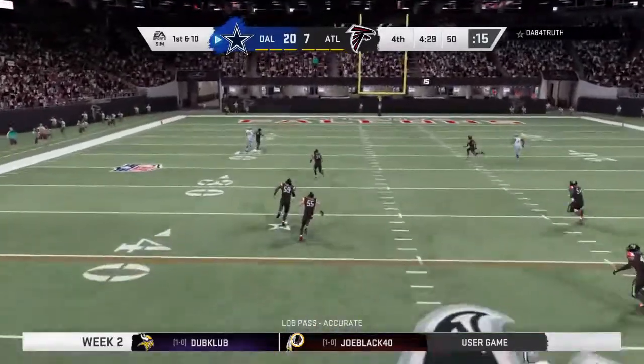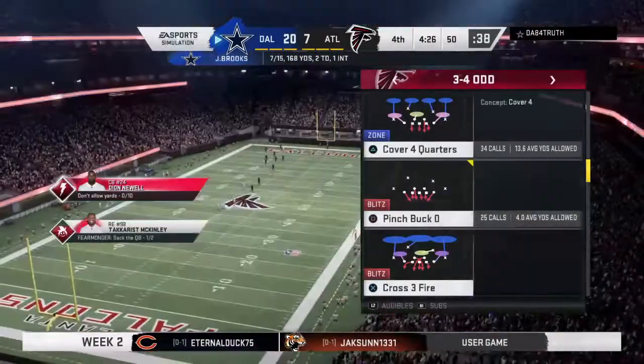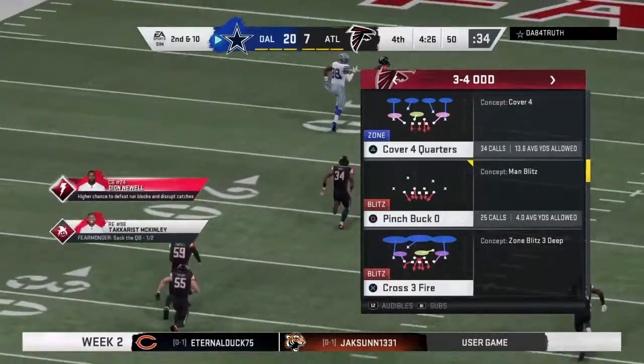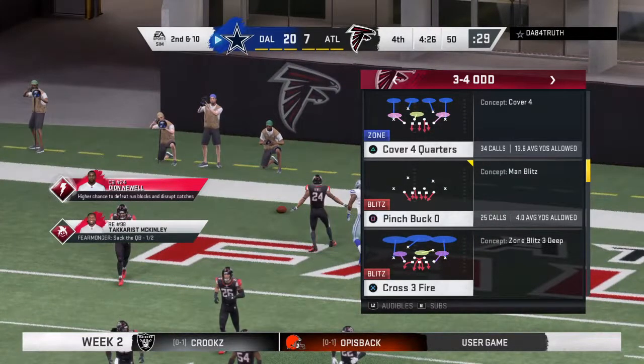Back to throw. Brooks. And that will be incomplete. Would have been a big hitter if they had connected. Instead, it's 2nd down. And it is true. You can draft the fastest. You can draft the most athletic guys. But if they don't know the art of...